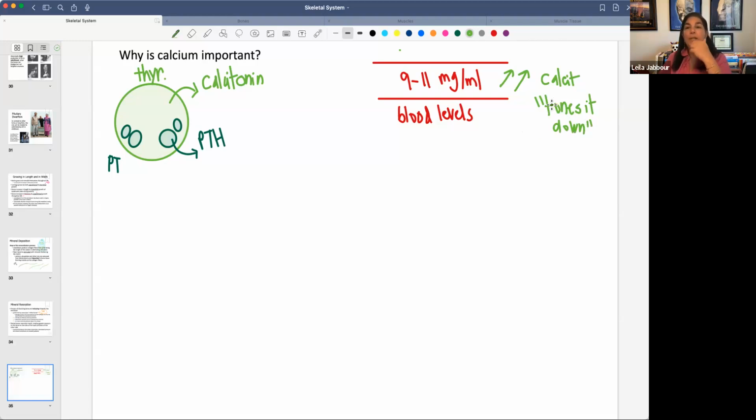Okay, calcitonin tones it down. That's the way I tell my students to remember. If you remember one, you're going to remember the other, because the other is when levels are too low. When levels of calcium drop, you have PTH that kicks in to bring the levels